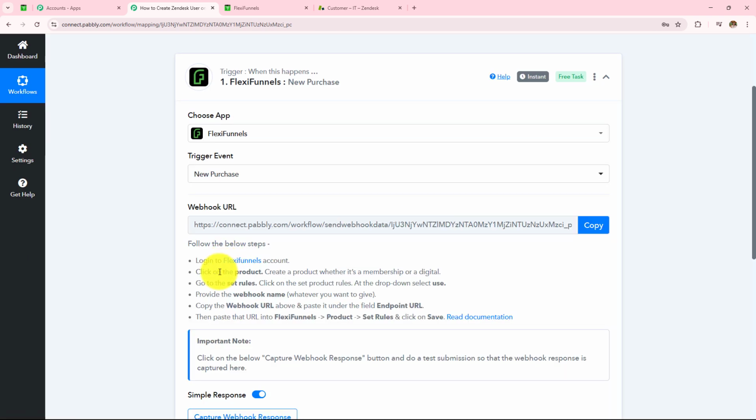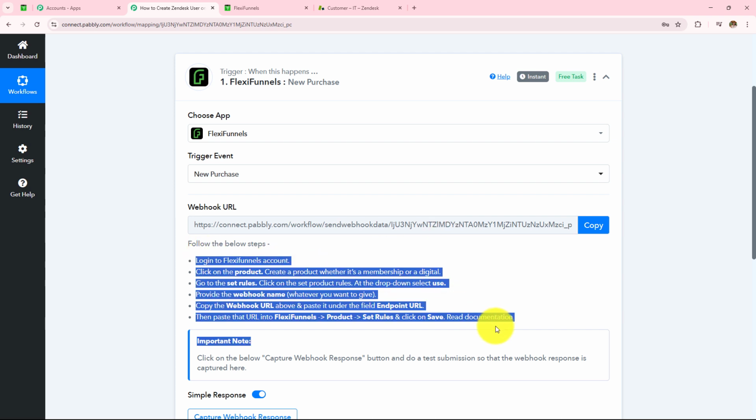Now I need to make a connection between FlexiFunnels and Pabbly Connect, for which a webhook URL is provided to me, and this webhook URL is going to act as a bridge to connect my FlexiFunnels with Pabbly Connect. So reading this help desk, I'm going to make this connection, and to make this connection, let me open my